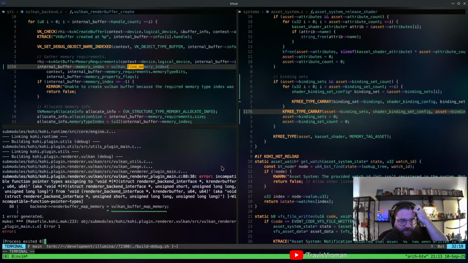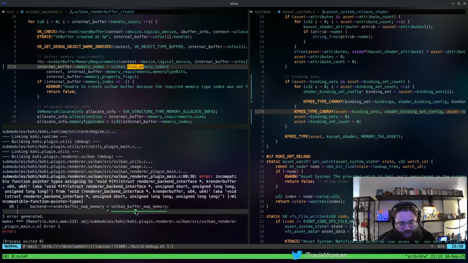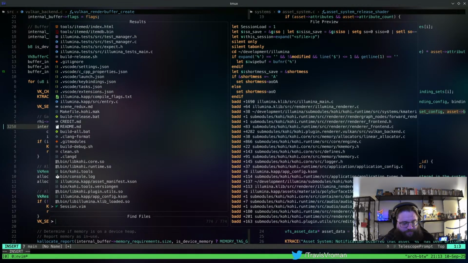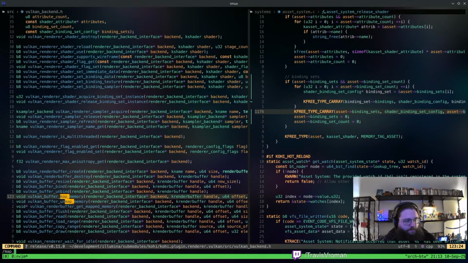Okay, so now we've got some function pointer problems, which I'm not totally surprised about. This is the Vulkan buffer map memory. Right, we did change the signature of that. Okay, so we do have Vulkan buffer map memory and unmap memory. Let's see, do we have...